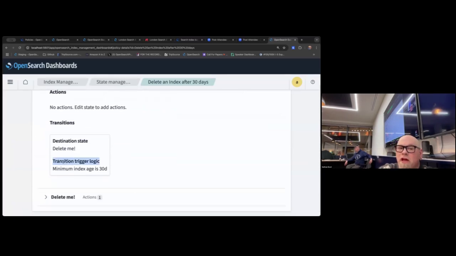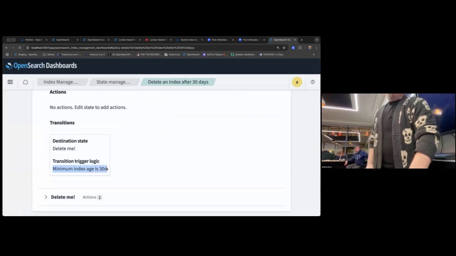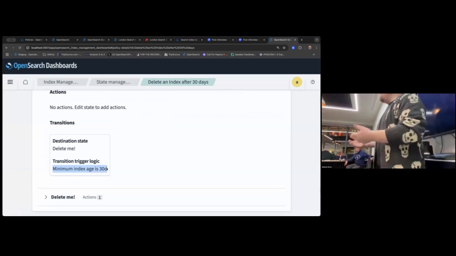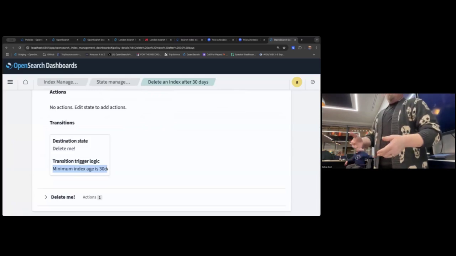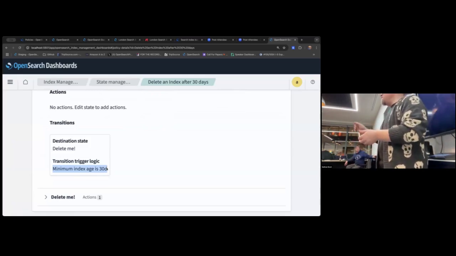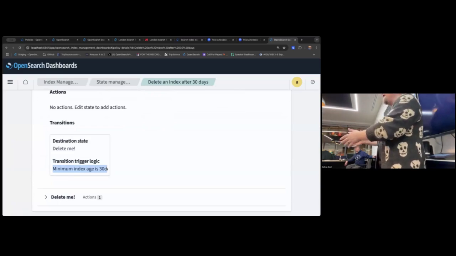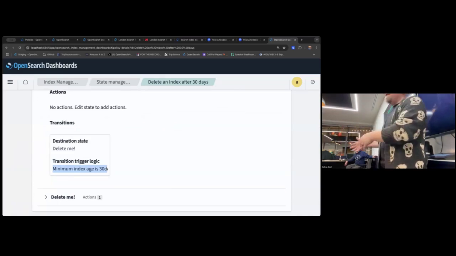So the transition trigger logic is the minimum index age is 30 days. It's a bit of a misnomer to call it the minimum index age, but these jobs that implement these transitions and actions are not checking every millisecond to make sure that your job is ready to fire. They run at regular intervals.